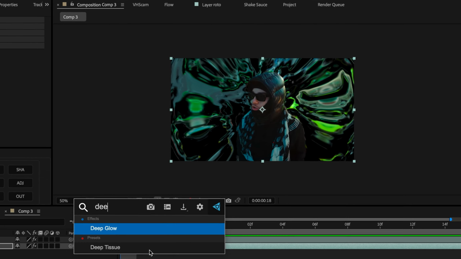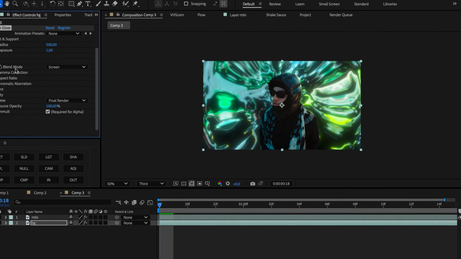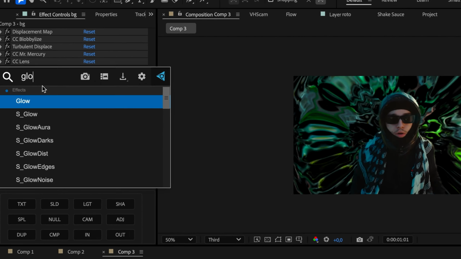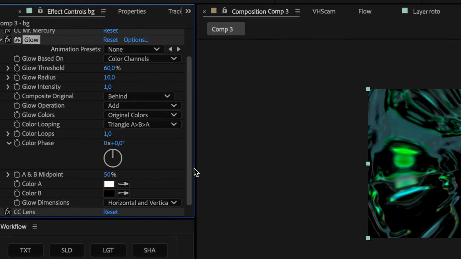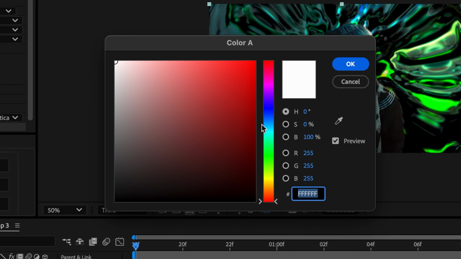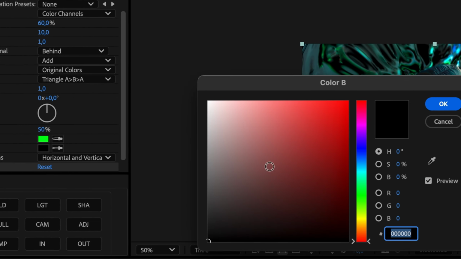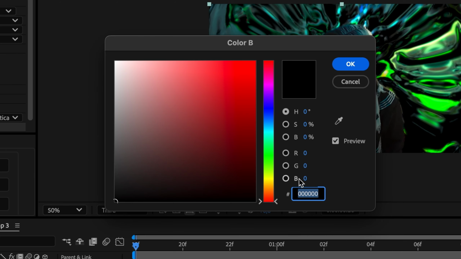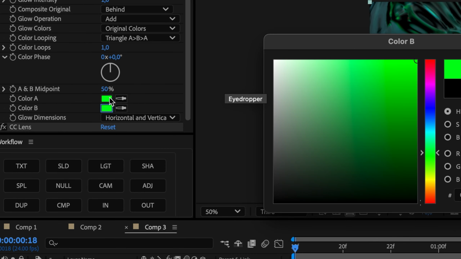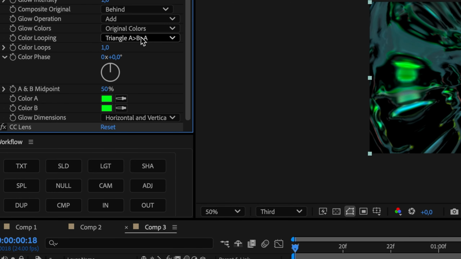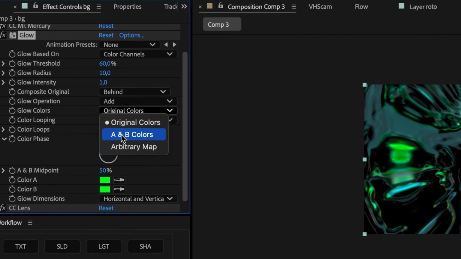And you can use a deep glow for this if you guys like, but for this effect, I'm just going to use a regular glow. So I'm just going to throw on glow, and I'm going to put that right above CC lens. And I think I want to go for sort of a greenish glow in the beginning. So I'm going to come right here to the color A, and I'm going to make that lime green. Same with the color B. I'm just going to select this little eyedropper tool right here and just come right above color A and just get the same color. And we're going to come right here to glow colors, original colors, and make it A